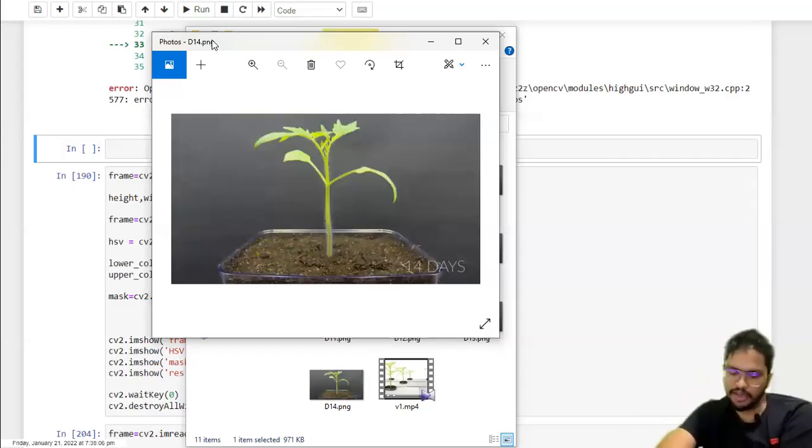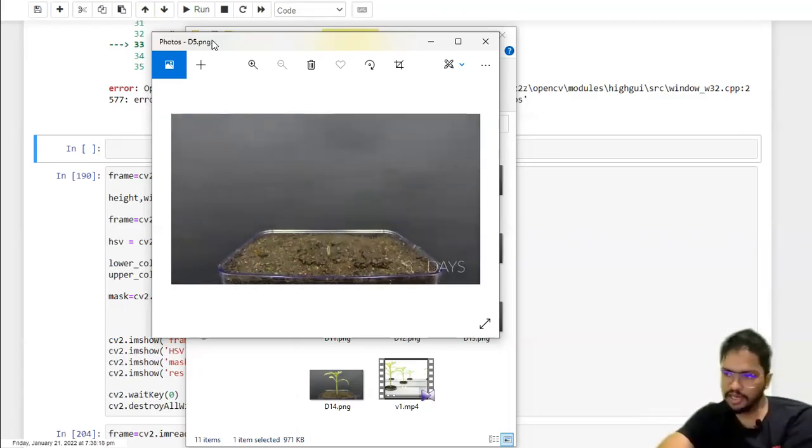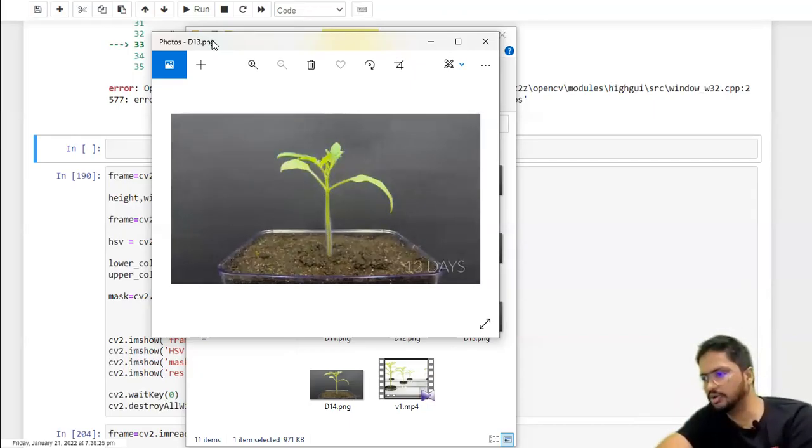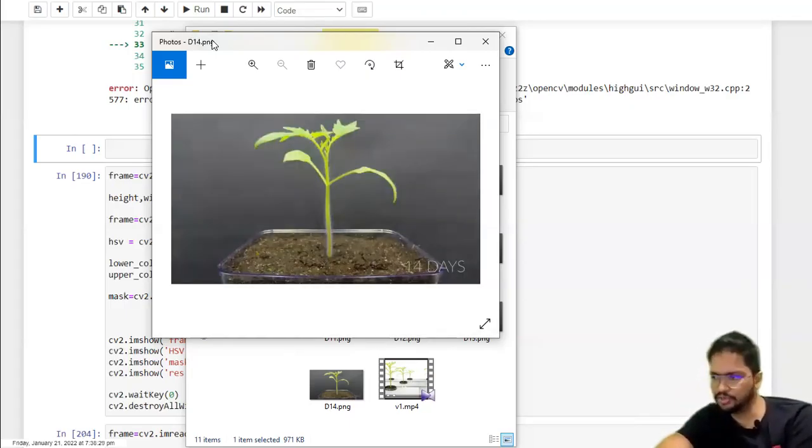We are observing here the growth of this plant. You can see from day 5, each day an image is captured, so you can see the growth of the plant. Now this is an actual application, and this is something we can do for